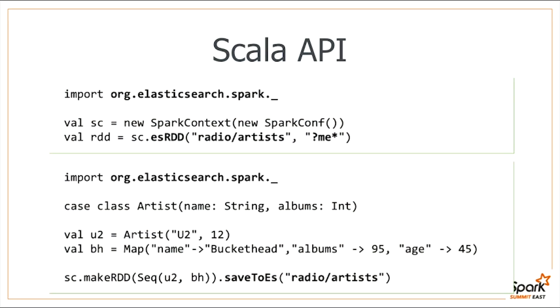One way of doing that is on the slide. You have integration through the Scala API. So you can just import the org.elasticsearch.spark package, and you'll get two methods. Well, there are multiple methods, but the two essential methods that are available are esRDD on the Spark context. Again, on this slide, the code that matters is the one in bold. Everything else is just pure Spark. So I can take my Spark context and just run a query, and all that data from Elasticsearch will be streamed and made available to me as an RDD.